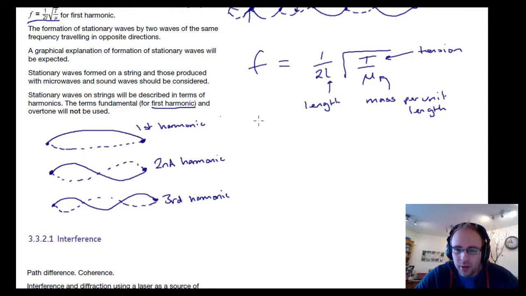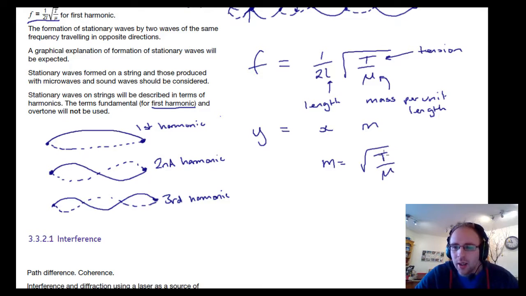In fact, we could do a graph of y equals, that's probably going to be x, or at least 1 over L or 1 over 2L, and that one could be m, so then your gradient m would be root T over mu,